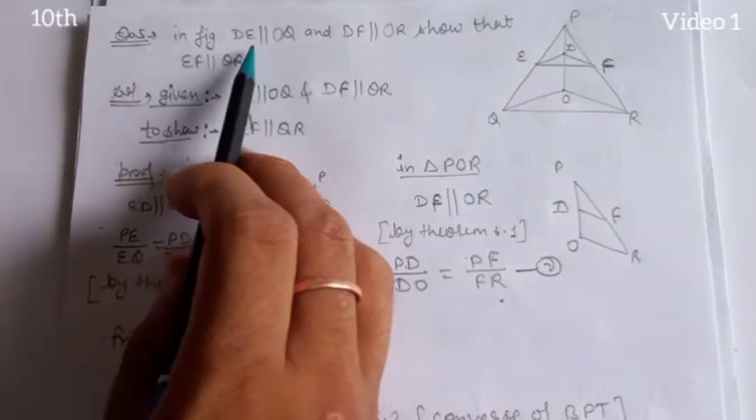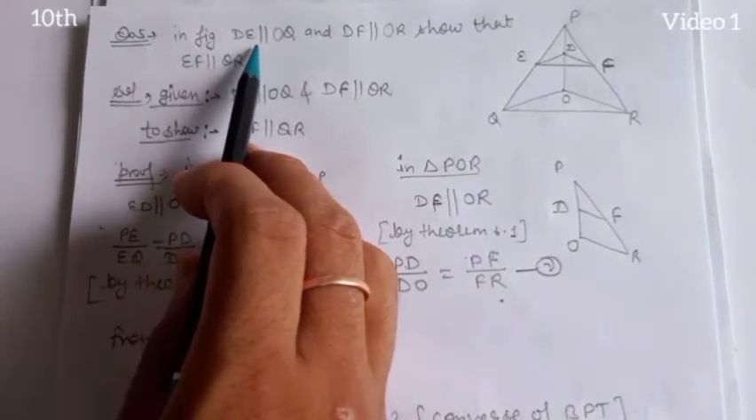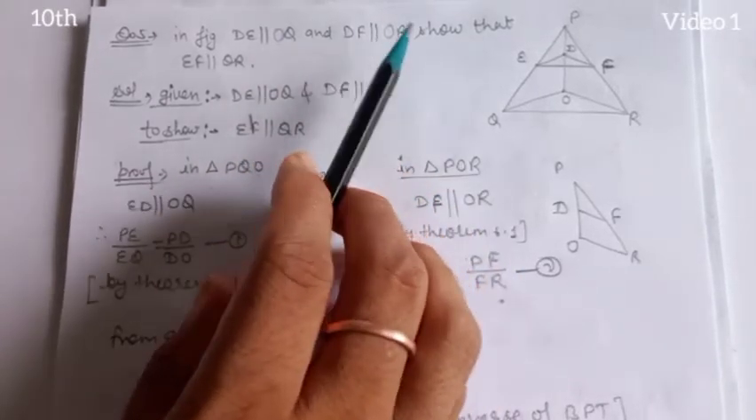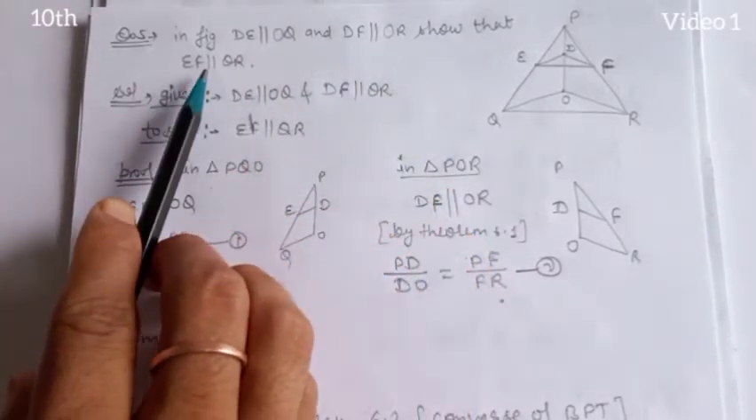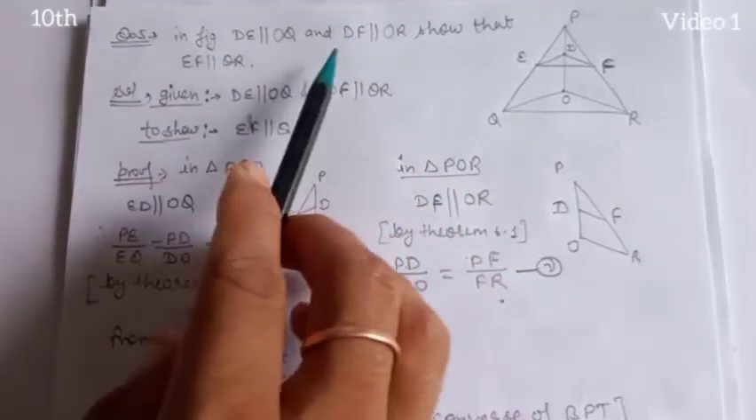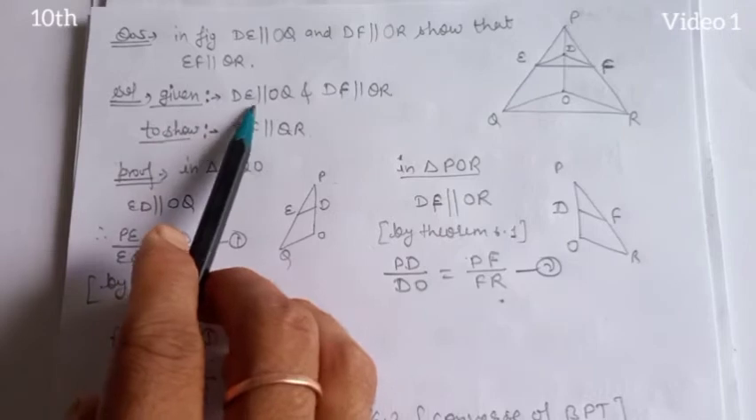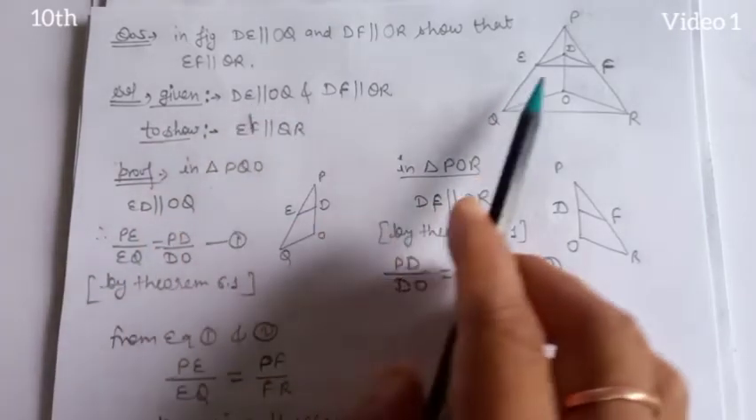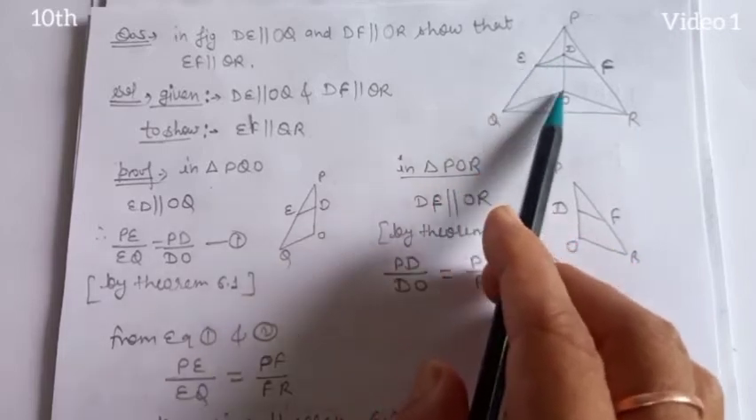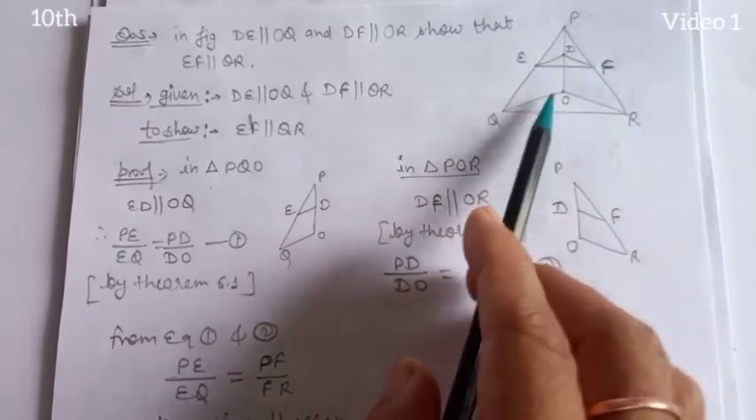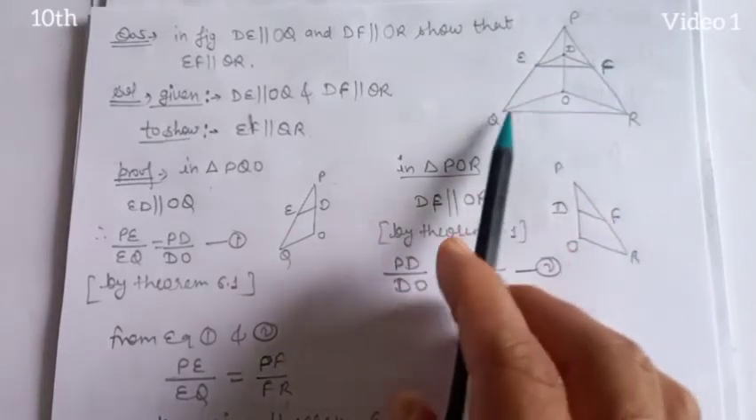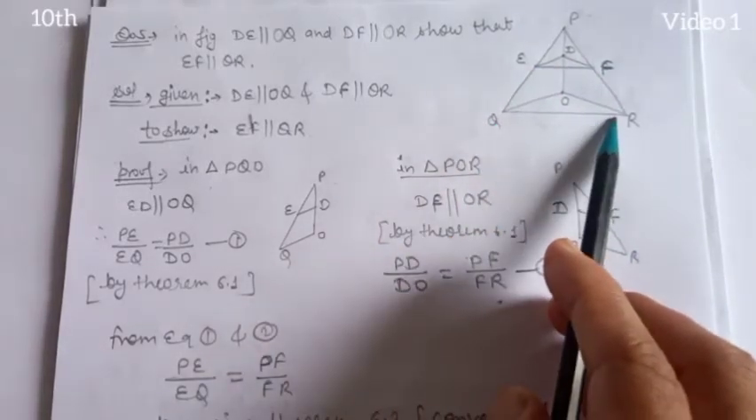In the figure, DE is parallel to OQ and DF is parallel to OR, so that EF is parallel to QR. Students, whatever is given in this question, just write here: given DE is parallel to OQ and DF is parallel to OR, but we have to prove EF is parallel to QR. Understood? Okay,